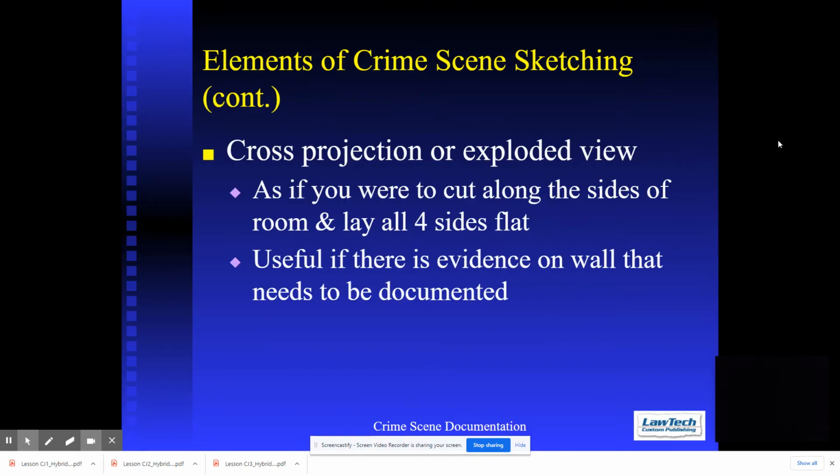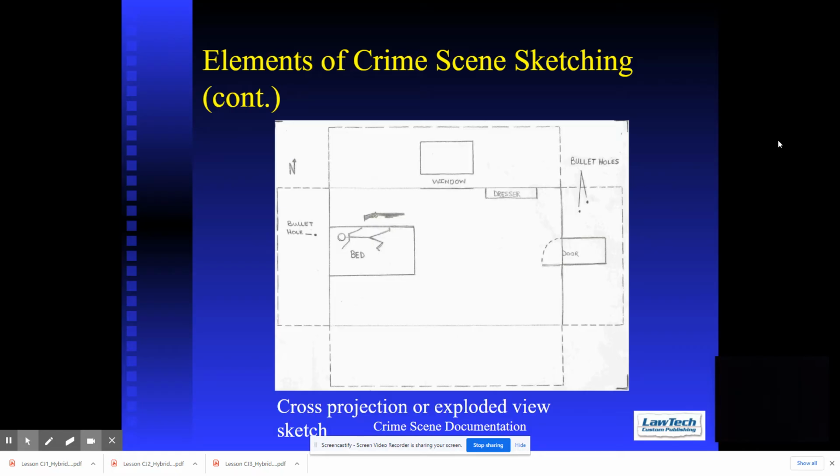The next one is cross projection, or sometimes called the exploded view. If you've ever created some kind of folding box diorama type project in elementary school or middle school, this is going to look very, very familiar. Imagine you were to take a box and cut it in the corners and fold all four sides out flat. What it does is it allows you to see that same overhead view of your crime scene,